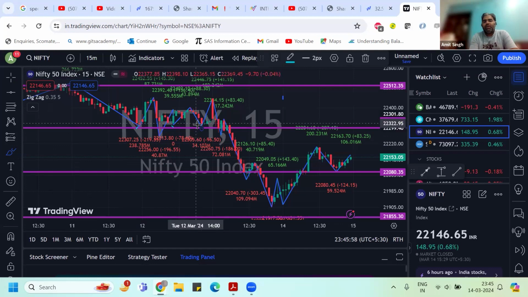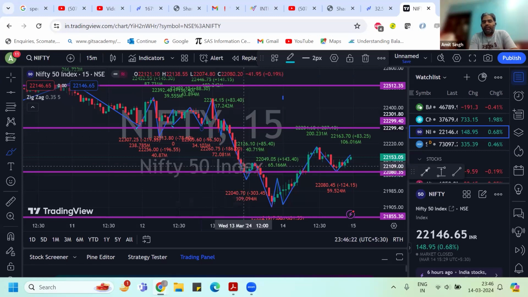So you can see it was not able to hold and did a breakdown, and here it happened somewhere on 13th March. It has happened. It could break down, and then it went further. Okay, 13 March, it happened at 10 o'clock. Then it went further, and then the next support became